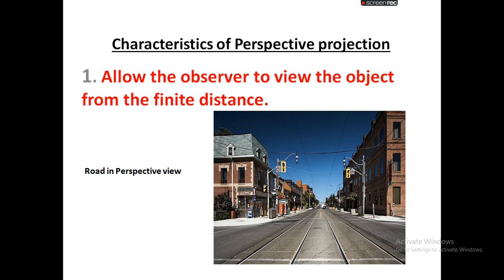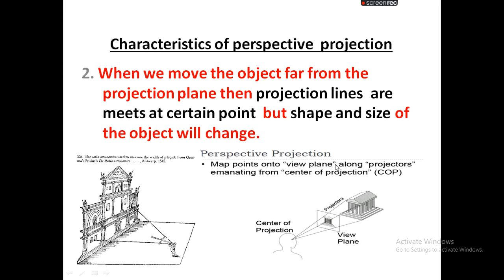This is one of the examples of perspective projection. In the beginning, the two sides of the road look parallel, but at a certain distance, they look like they are meeting or converging at a certain point. That converging point is called the vanishing point. We'll move to the next slide. You may get more clarity with respect to perspective projections, right?